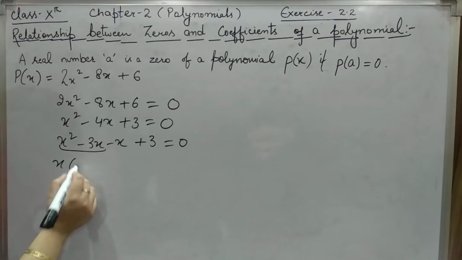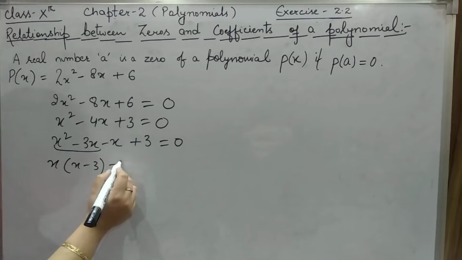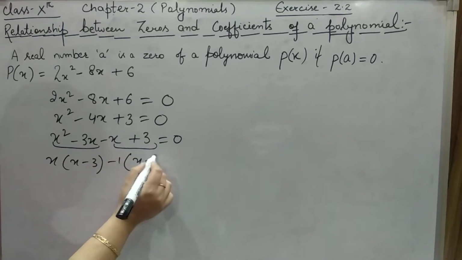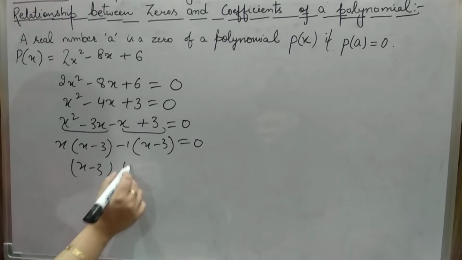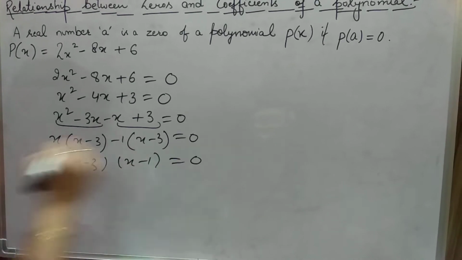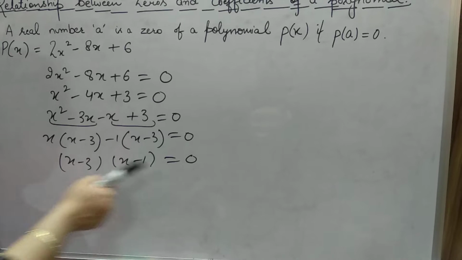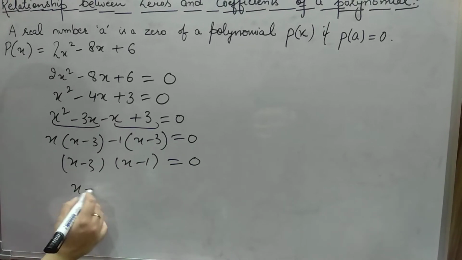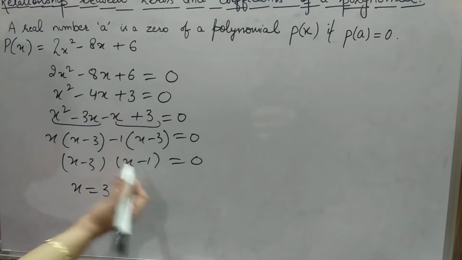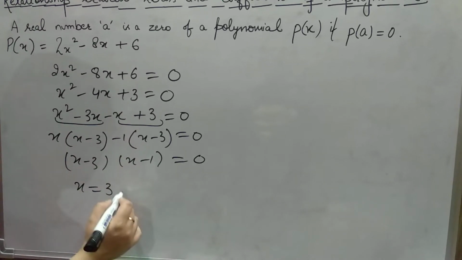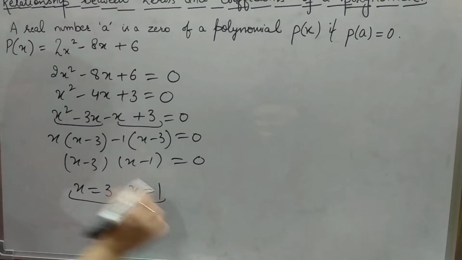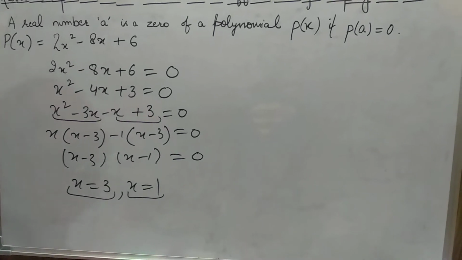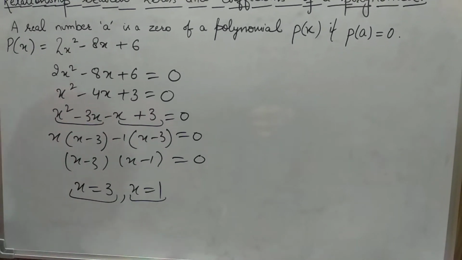Now x is common: x(x minus 3) minus 1(x minus 3) is equal to 0. x minus 3 is common and x minus 1 is left. If we equate x minus 3 to 0, then x is equal to 3. And if we equate x minus 1 to 0, then x is equal to 1. It means x equal to 3 and x equal to 1 are the zeros of this quadratic